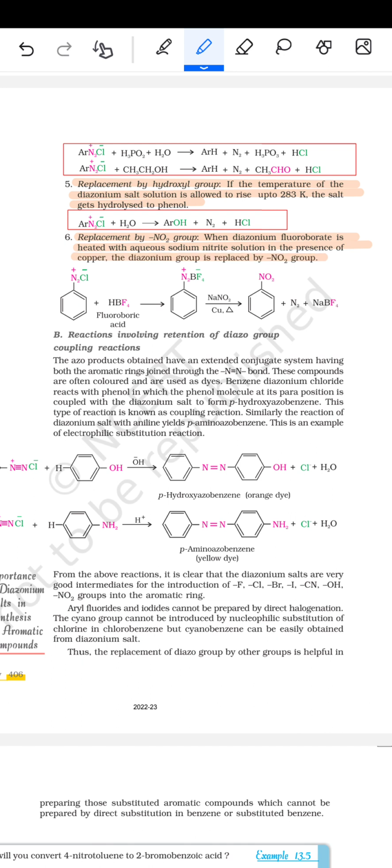जिसका रिएक्शन जाएगा कि N2 ये हो गया। डायजोनियम साल्ट में फ्लोरोबोरिक एसिड से रिएक्शन करवाएं तो ये बना और फिर NaNO2 हीट करवाएं तो NO2 बन गया, यानी कि नाइट्रोबेंजीन बन गया प्लस N2 गैस और NaBF4 निकल जाएगा। इसके बाद फिर आता है रिएक्शन इन्वॉल्विंग रिटेंशन ऑफ द डाइएज़ो ग्रुप।